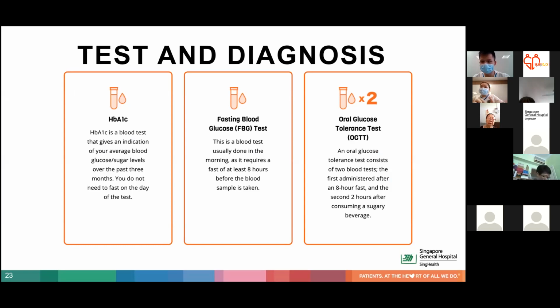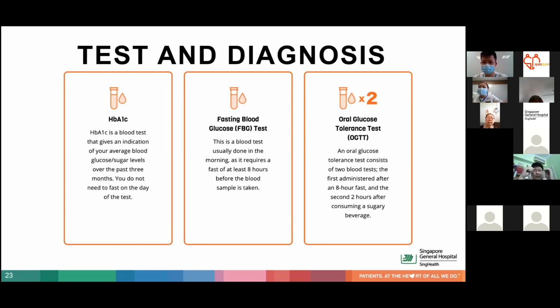So this HbA1c blood test does not require fasting. So what they do is actually to check what is your average blood glucose level for the past 3 months. So for example, if people with diabetes, normally when the doctors ask, okay, you come back for polyclinic screening to check your blood, they want to check the HbA1c to see if you have been compliant to the medications that you are taking, as well as to see how is the average glucose in the blood. Yeah, so as to quantify how is your overall blood glucose level.